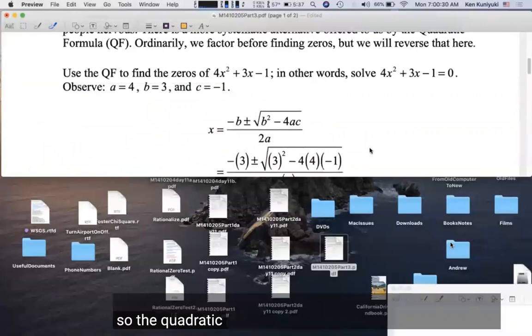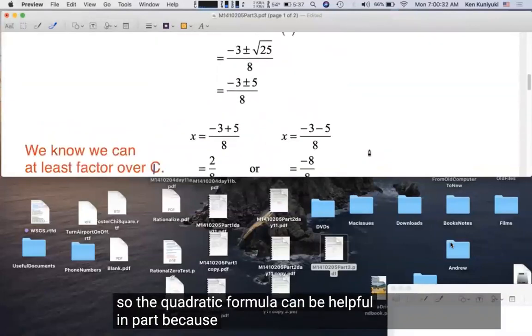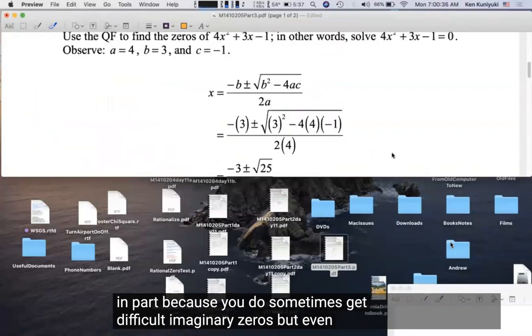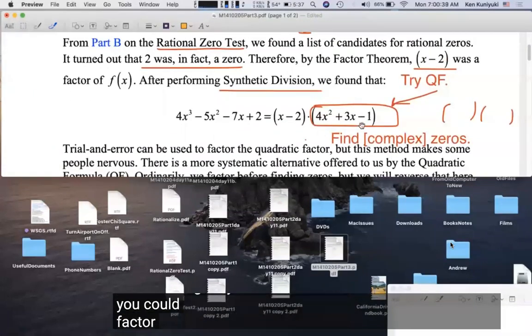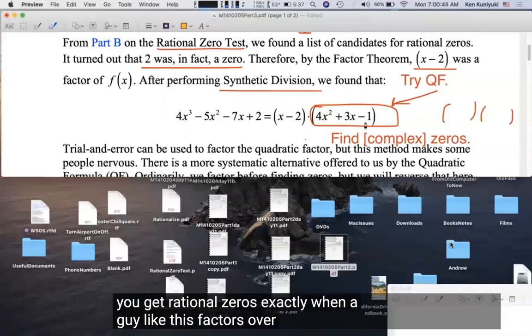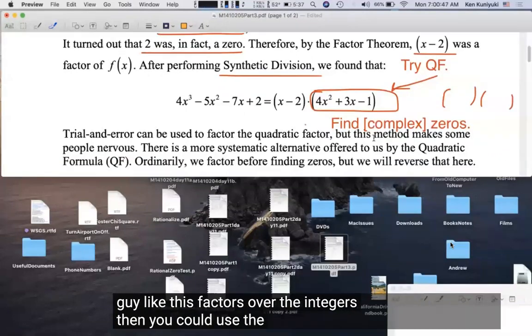So the quadratic formula can be helpful, in part because you do sometimes get difficult imaginary zeros, but even if you could factor this over the integers and get rational zeros, you get rational zeros exactly when a guy like this factors over the integers, then you could use the QF anyway,